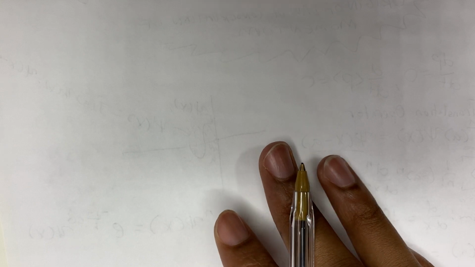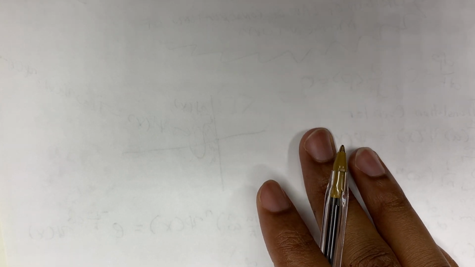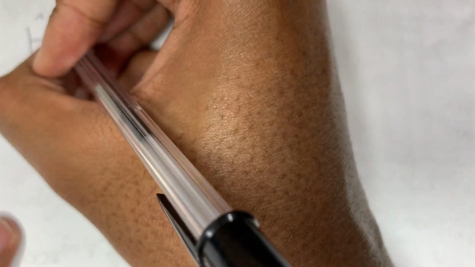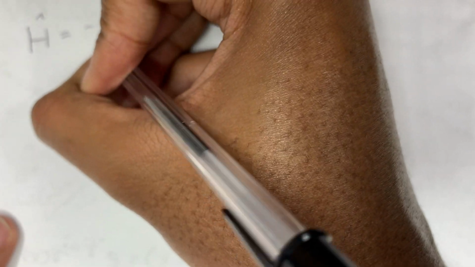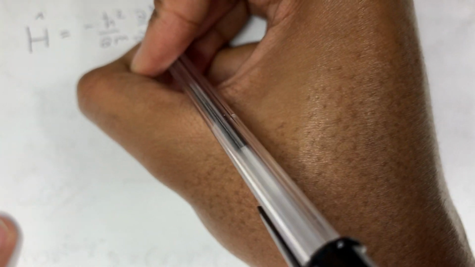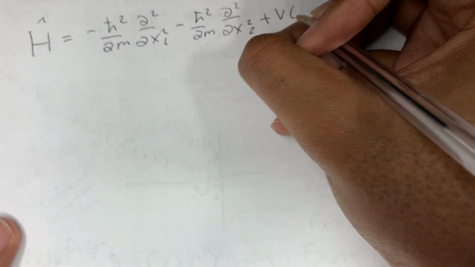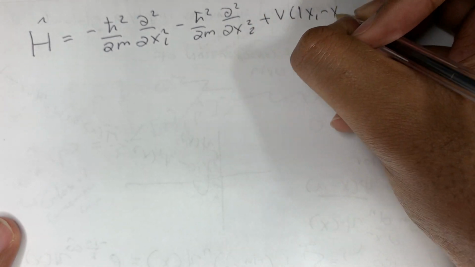We're going to generalize this to multiple dimensions, well, 2 dimensions here. Let's prove that if a Hamiltonian, so the Hamiltonian for 2 particles with some interacting potential, is equal to minus h bar squared over 2m partial x1 squared minus h bar squared over 2m partial x2 squared plus the potential V of x1 minus x2. Okay, so we are going to prove